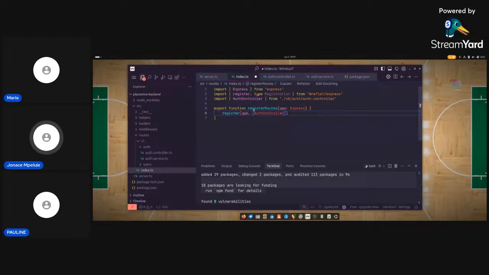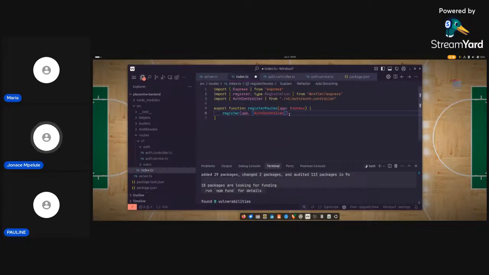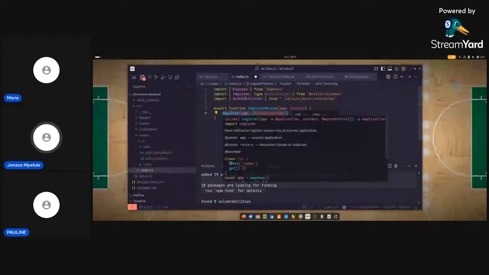This will not work because this is just a normal class. It has not been transformed into a router that this register function needs. So for that, we have to use